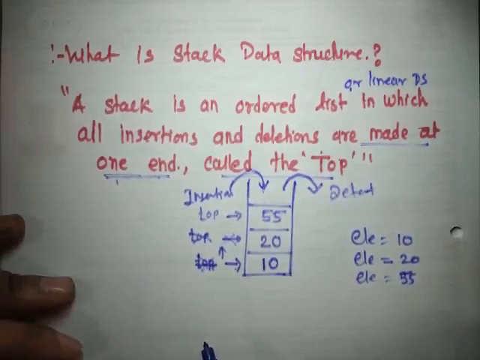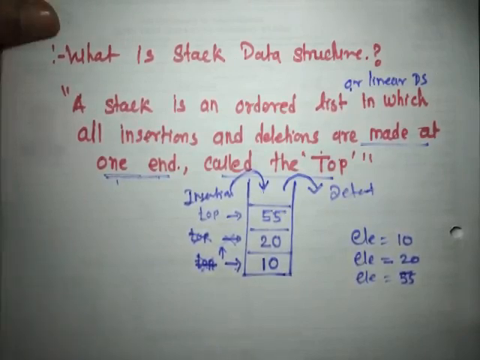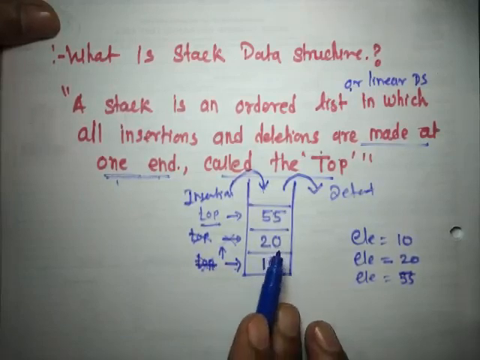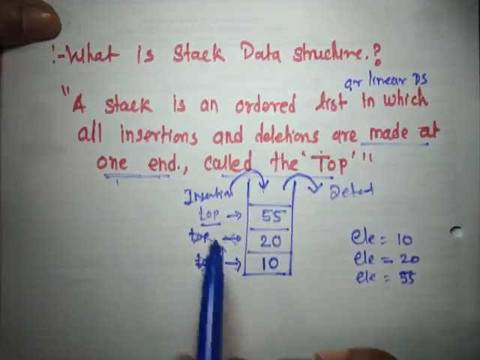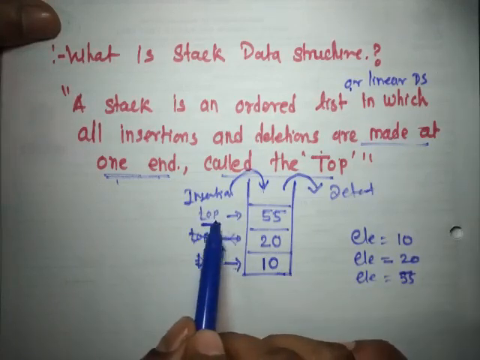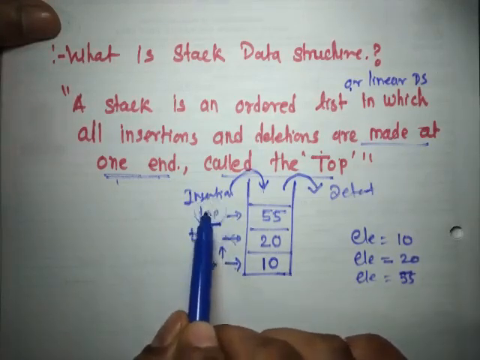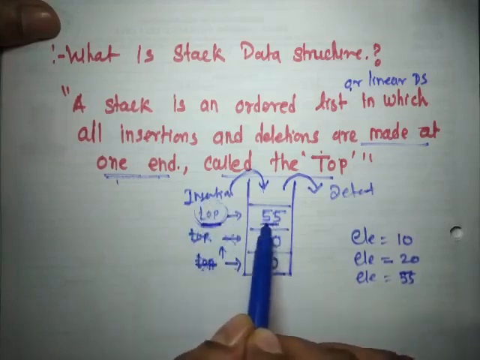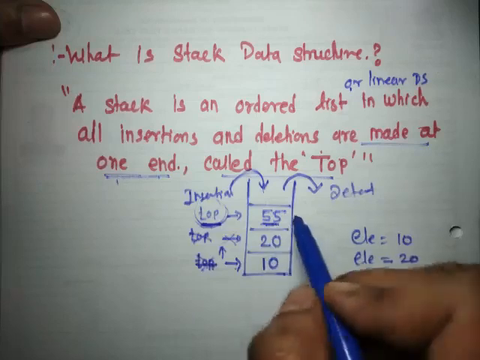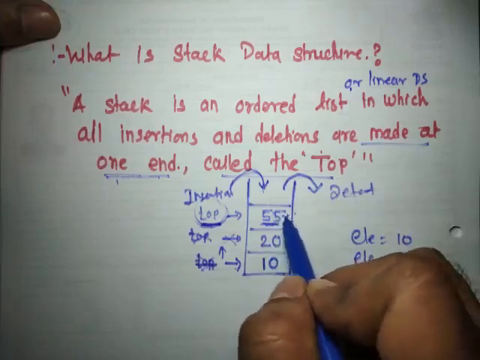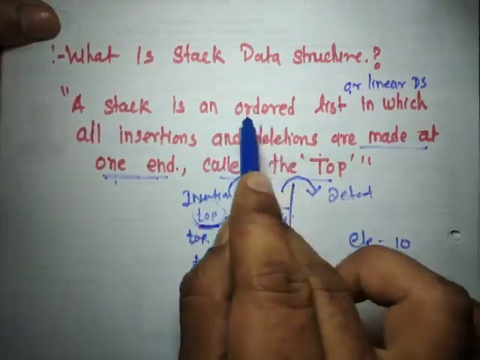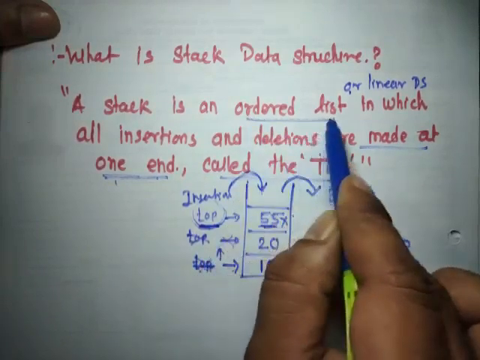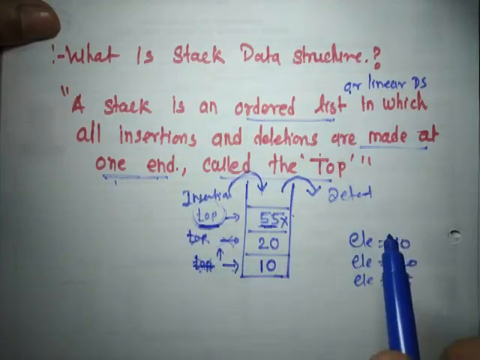And deletion is also performed by only one end, that is the top end. So now if you want to delete an element from this stack, from where are we going to delete? From the top position. So at the top position, what do we have? An element 55. So which element will we delete? 55. Since it is an ordered list,